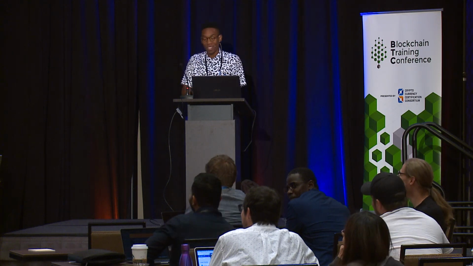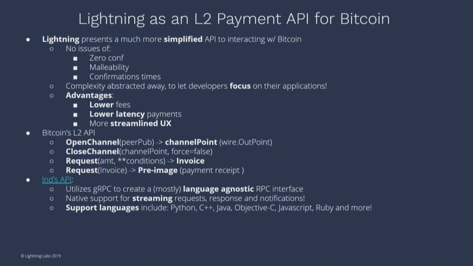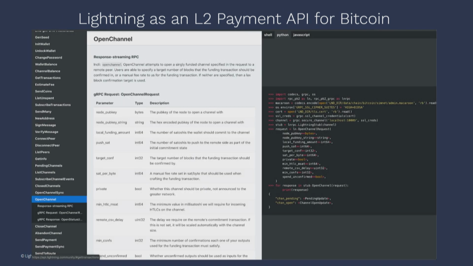So here's an example of what the API docs for LND look like. As I was saying, open channel, like I had here, is very simple, only took a peer public key, but obviously there are a lot more parameters on there. The other cool thing about this, if you look on the right, you actually have examples for Python, and then even JavaScript and Shell, whatever else. If you go to our repo on LND, we even have other languages as well that have tutorials too. But yeah, I think this is pretty cool because all of a sudden you see that they create a connection, they open a channel, and then from there on, they can use that same channel object to interact with it or do other things.